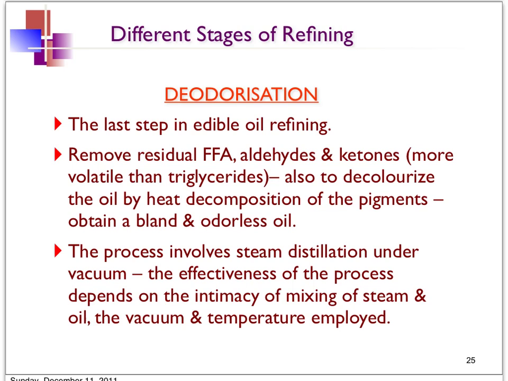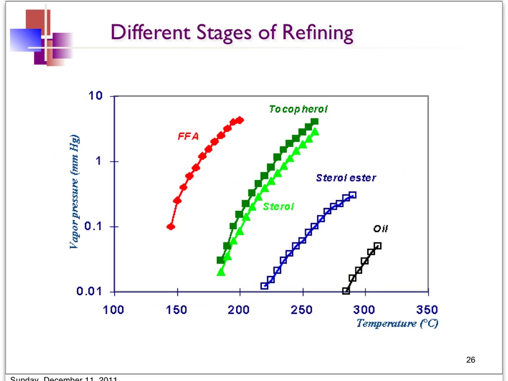The control of these parameters is important to get an efficient deodorization to remove the free fatty acid down to a very low level, less than 0.01%. So how can these different components such as free fatty acid, tocopherol, and other components be separated from the oil during the deodorization process? The principle is actually based on the different degrees of volatility of the different components